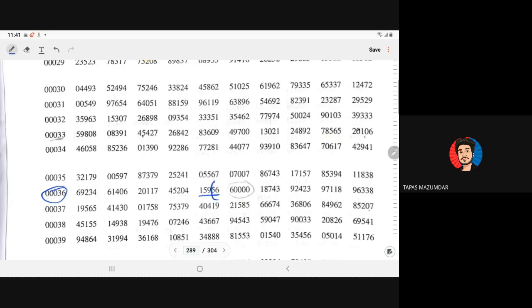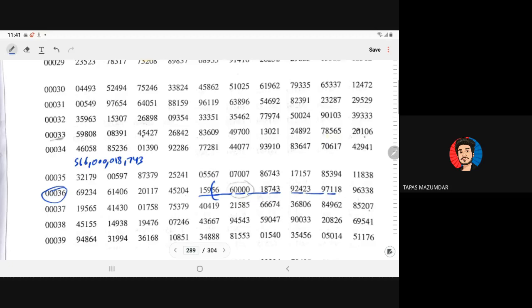If I have to take a 3 digit random number, I take 566, then 000, then 018, then 743. This is the first, second, third, fourth, fifth, sixth,